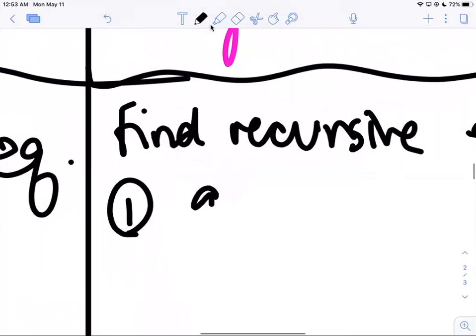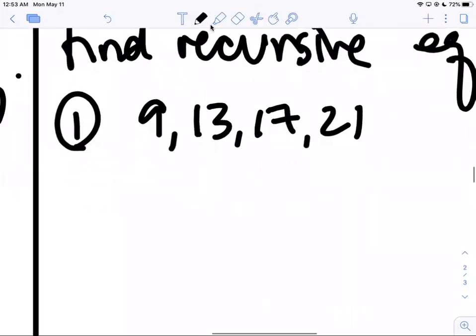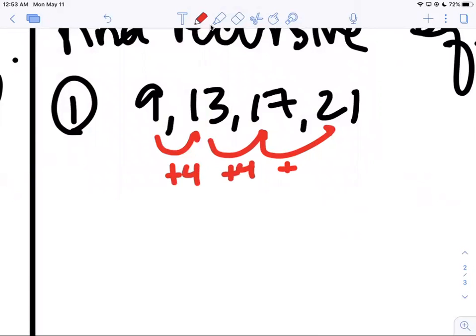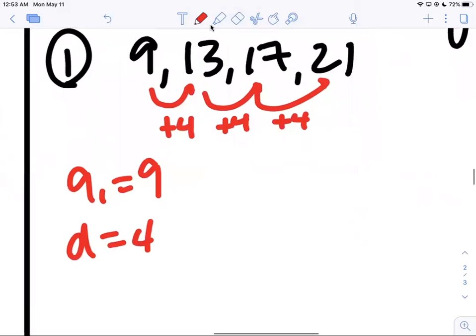And my first set of numbers is 9, 13, 17, 21. What are you doing each time to get to the next term? You're adding 4, adding 4, adding 4. So, I mean, we can think of it a little bit more complexly and say, okay, my a sub 1 is 9, my d is 4, we know it's arithmetic. But at the end of the day,